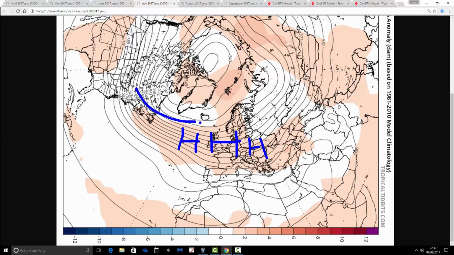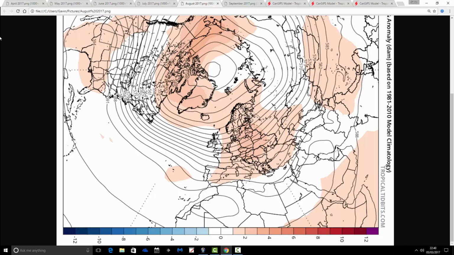The jet stream should be up here somewhere by this point. So I think that's a pretty decent signal again as we go through into July. You know what, I think the CANSIPS could be picking up on a fairly reasonable summer here. Now, August looks interesting because we've got above average heights up here, we've got above average heights going through here, and then probably above average heights going through there, I should say, and then probably below average heights, which is low pressure out here.